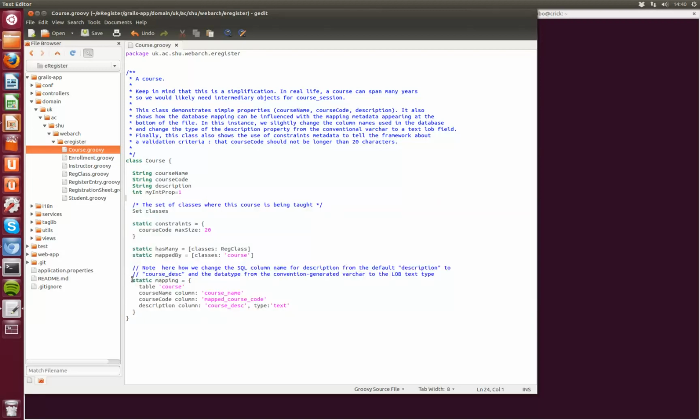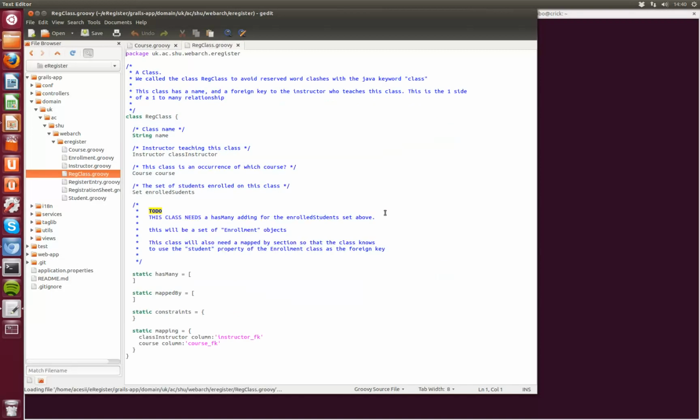But what we're doing is we're using this mapping to start to override the conventions by saying, actually, I'd like a few things mapped differently to the default. So here, as I said, this is changing the type to be text. So that's all about mapping simple properties. The next thing that we had to do was, if we look at, let's have a look,